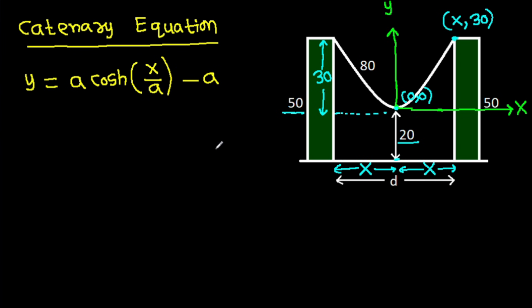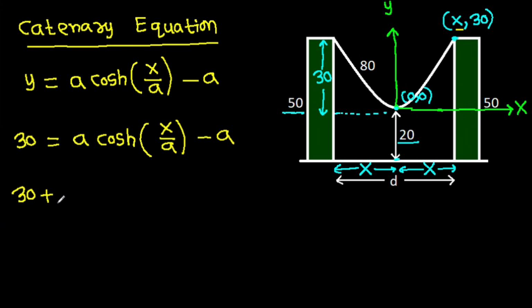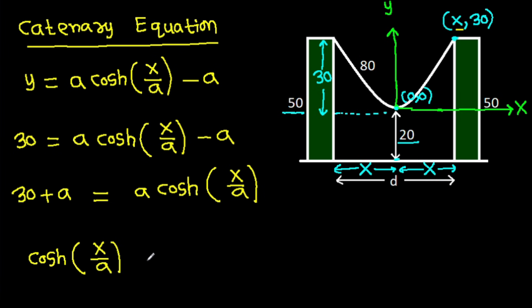So y is 30, it is a times cosh of x over a minus a, and 30 plus a will be a times cosh of x over a, so cosh of x over a will be 30 plus a over a,